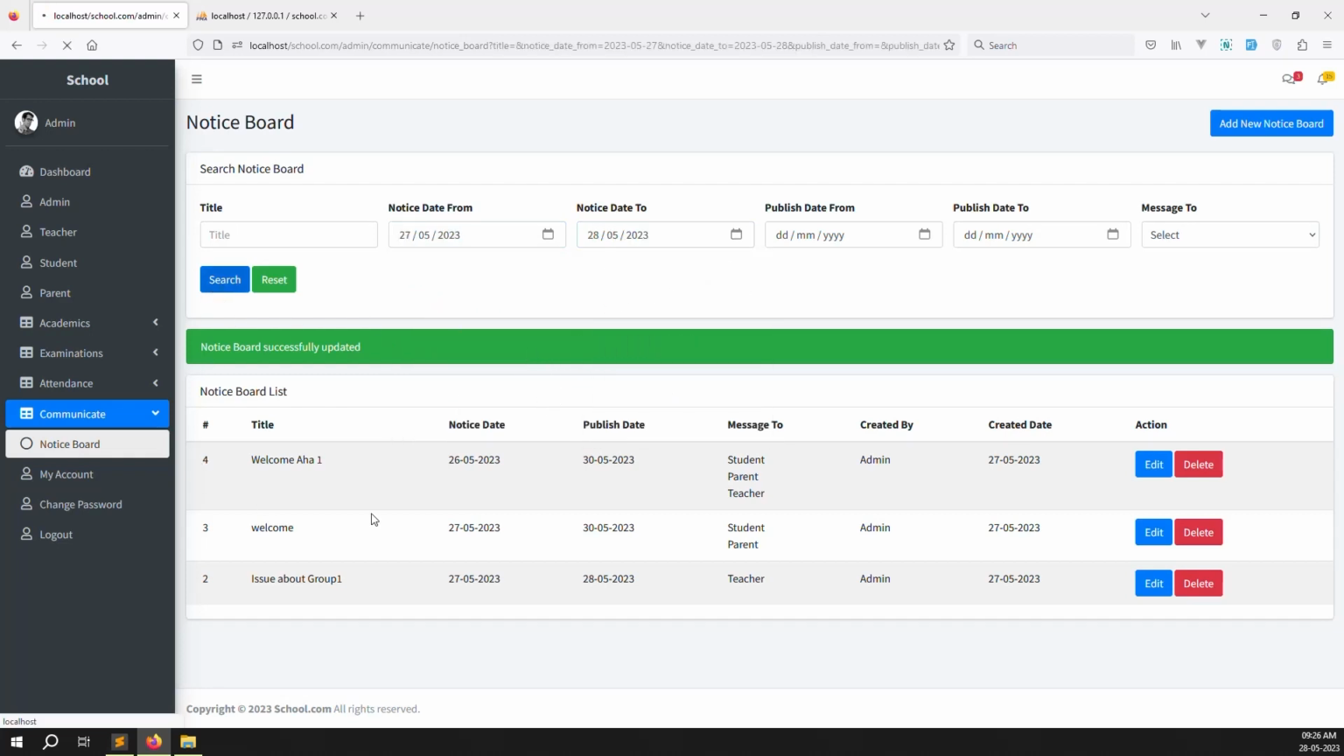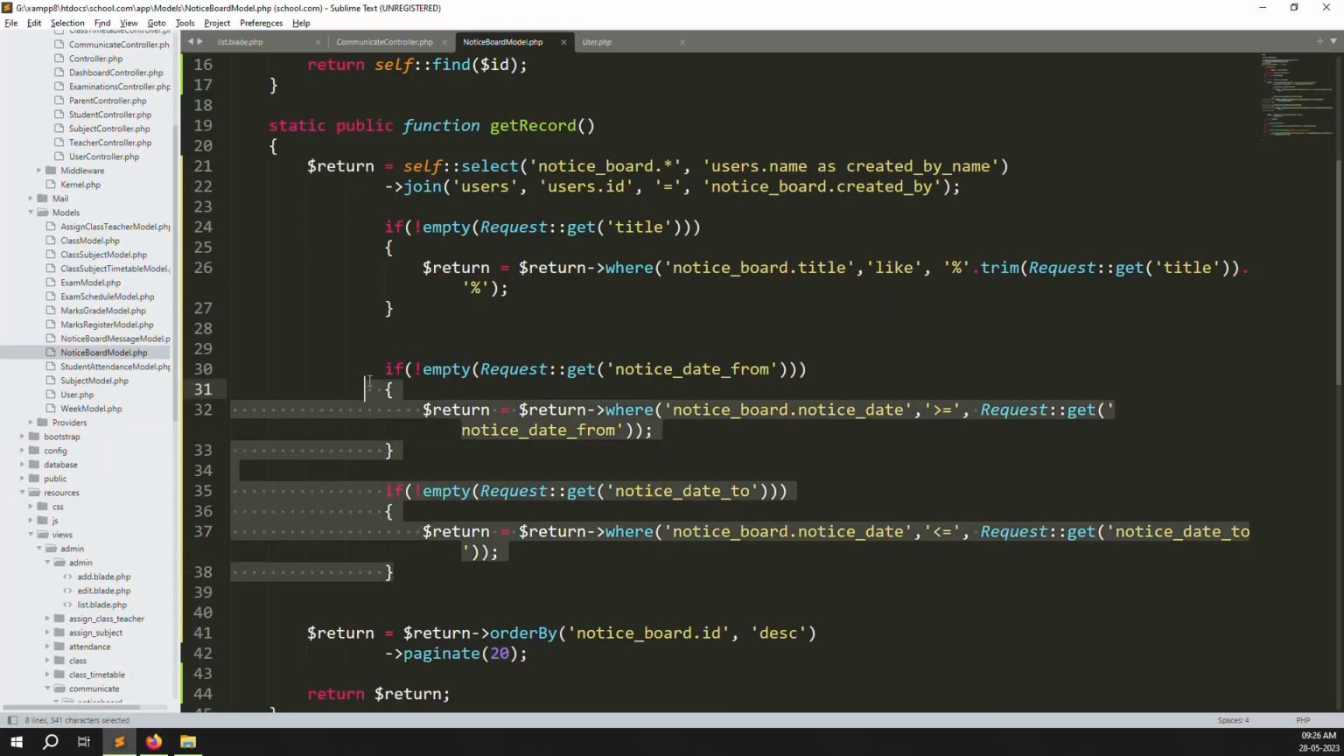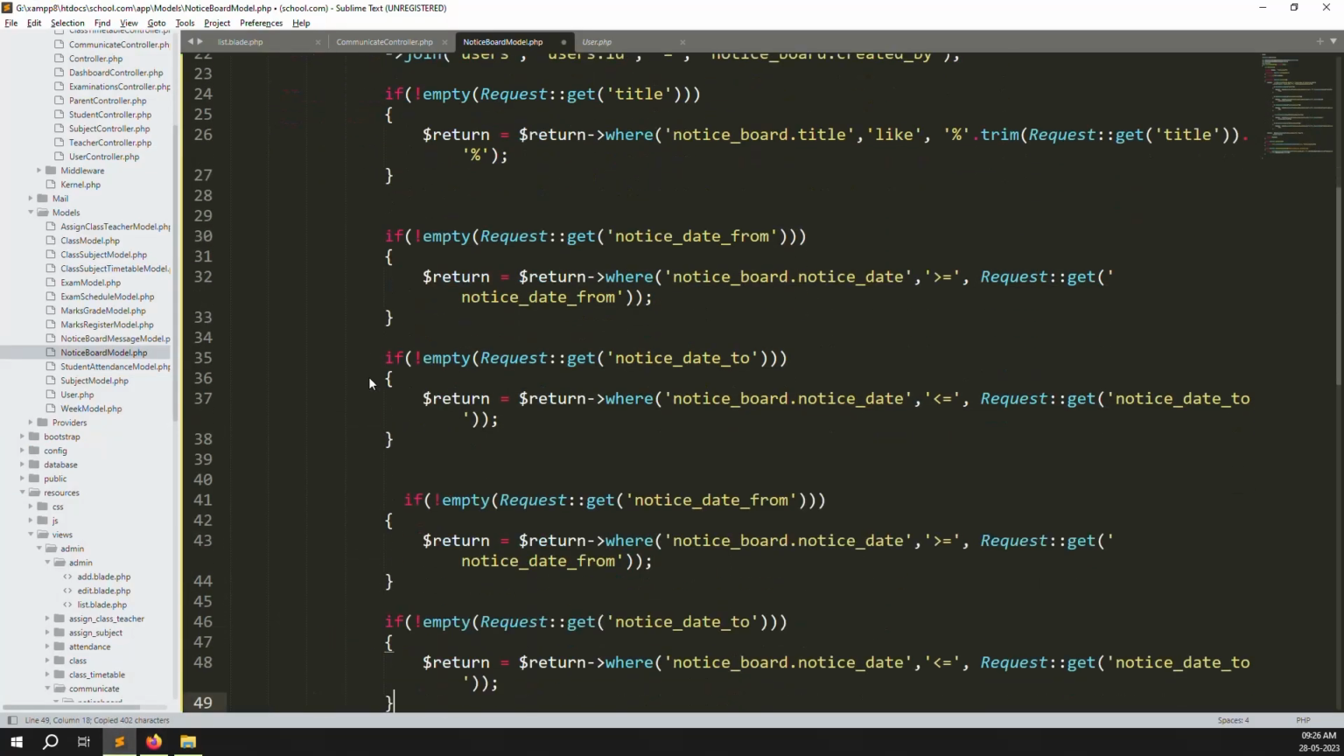Okay, and I search, so we need to show only 2 records. So the filter is working very well, no issue. Same thing we can do inside the publish date. So just copy these 2 lines